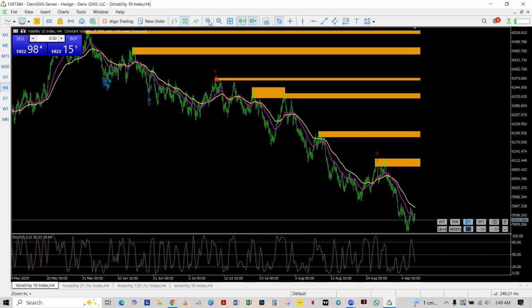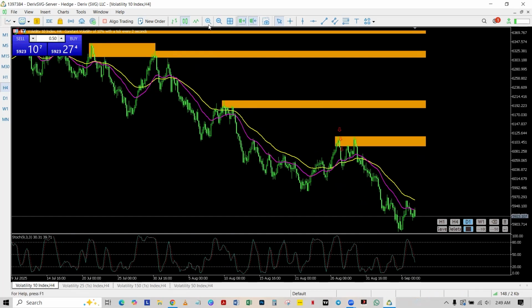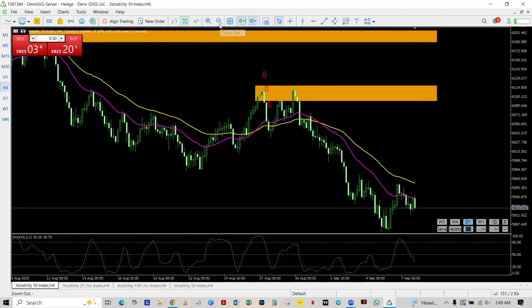All right, so at the moment, this is a 4-hour chart, which I usually like to use, and in the 4-hour chart, I'm presently in a trade in the downtrend. All right, so this was the peak of the pullback, and okay, the market